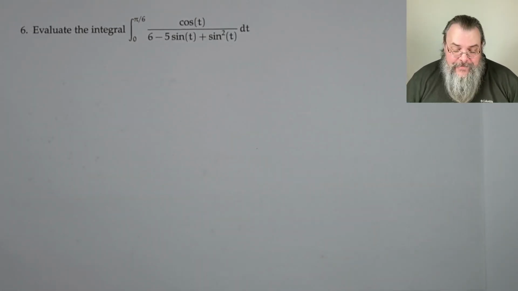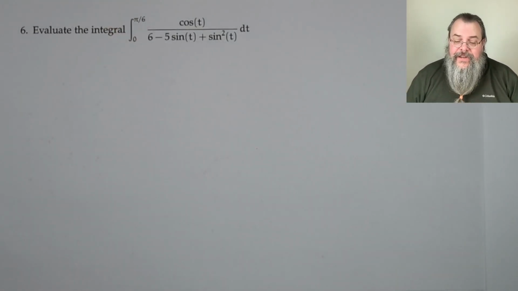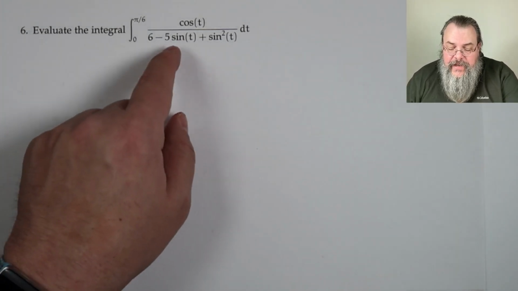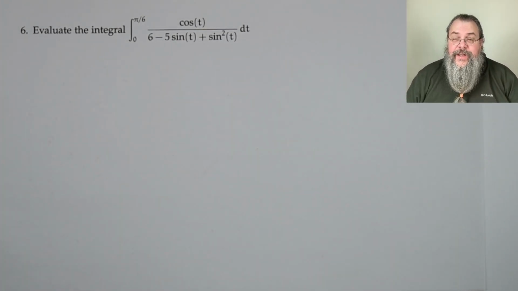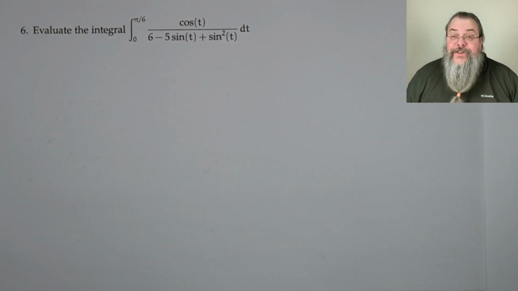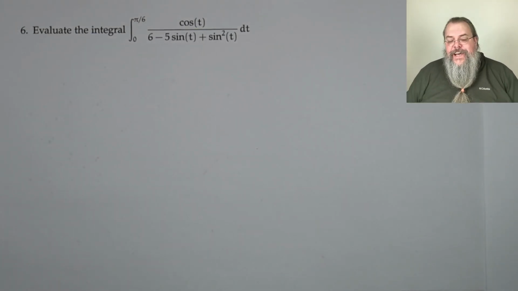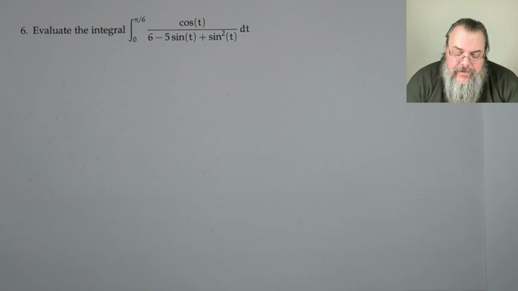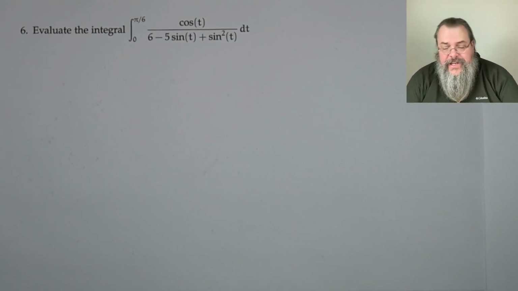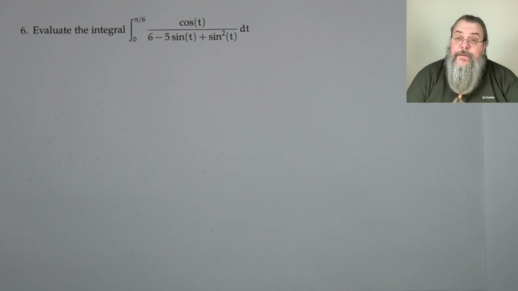Evaluate the integral 0 to pi over 6, and upstairs we have cosine t. Downstairs we have 6 minus 5 sine t plus sine squared t, dt. What? That looks crazy. At first we might say maybe this is some kind of weird trig identity downstairs, but it doesn't feel like one. But the more we look at it, we say, well,